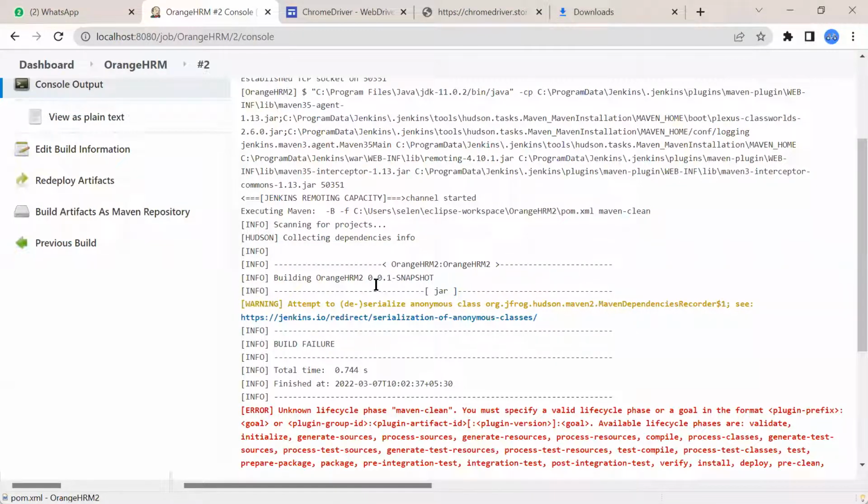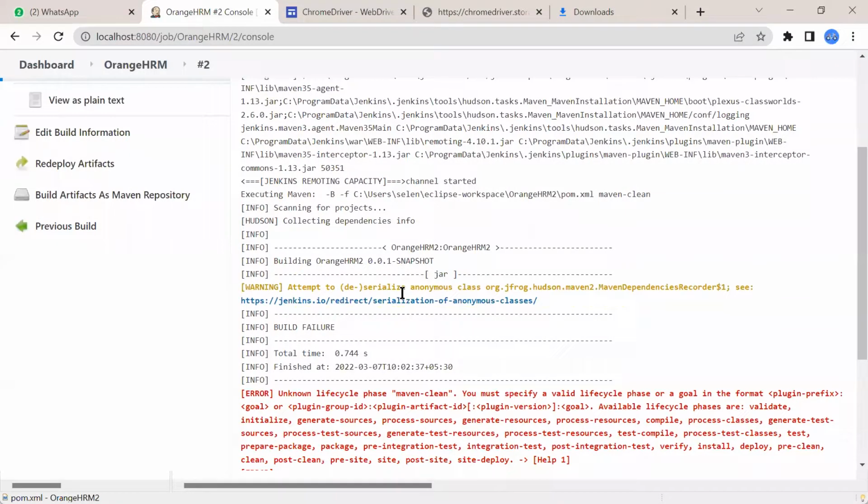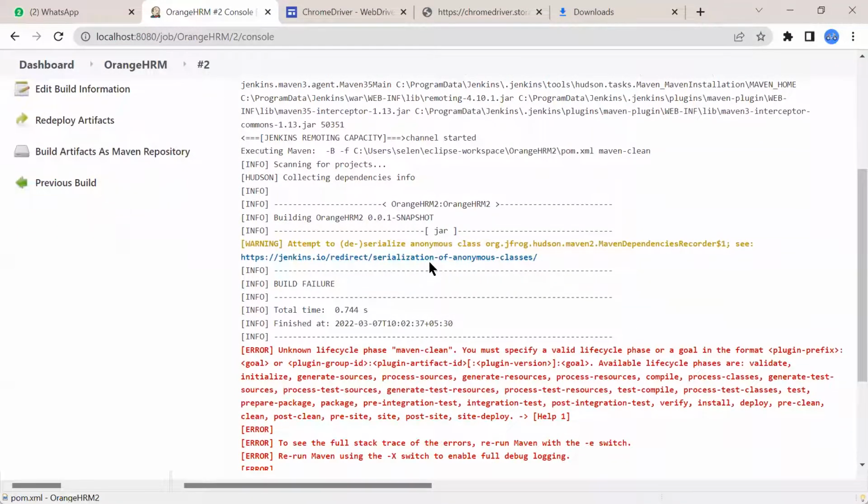It collected dependencies. Okay, after that,